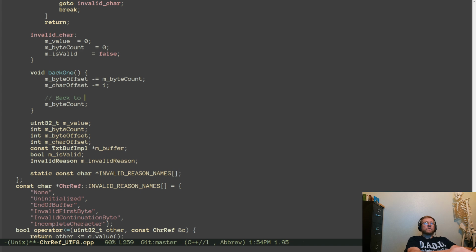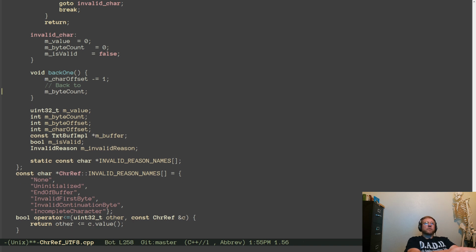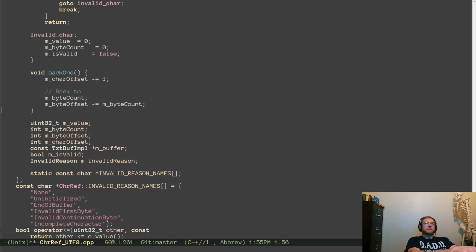Back to, okay. Going backwards through a UTF-8 buffer is a little bit more expensive, but in this case, it's not that high of a performance hit because it's only on the new lines.